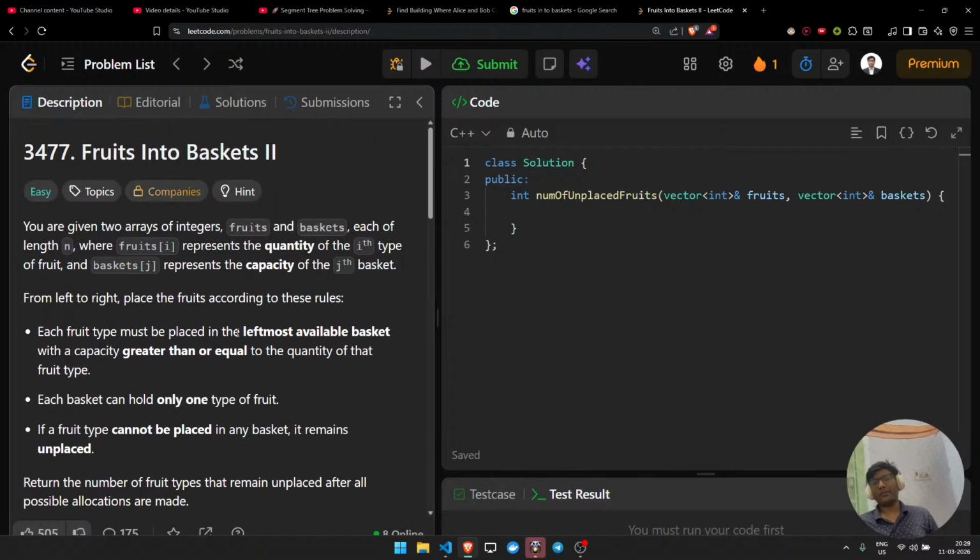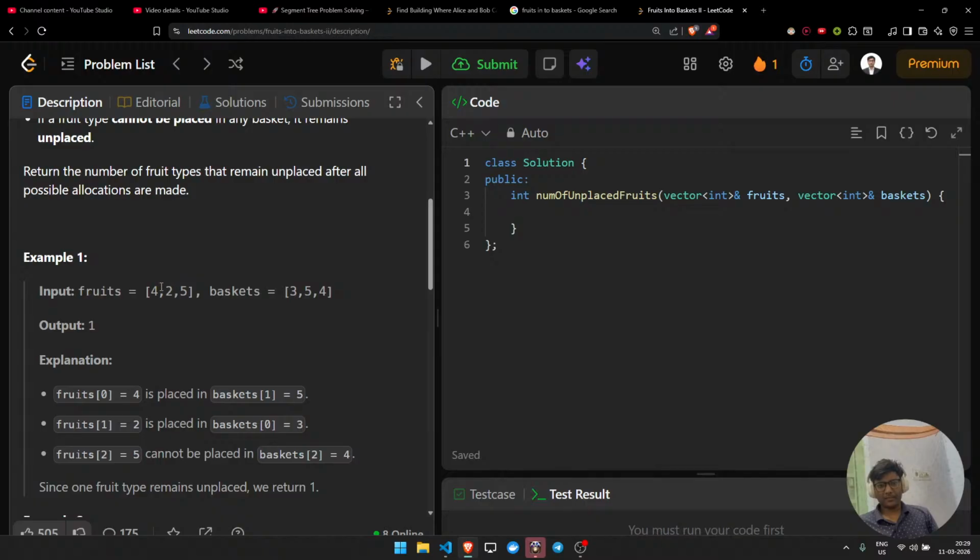Okay, this can be solved in segment tree. Because for every type of fruit, I want such a basket whose capacity is greater than or equal to mine. Basically, the leftmost basket whose capacity is greater than or equal to mine, right? If, for example, this 3, 4 will be placed in 5, this 2 will be placed in 3, and the 5 will be placed in 5, but